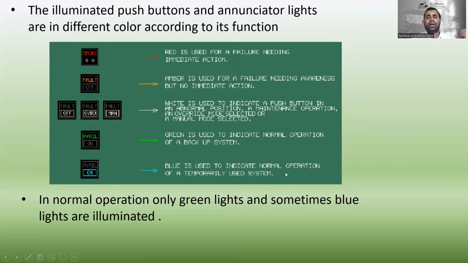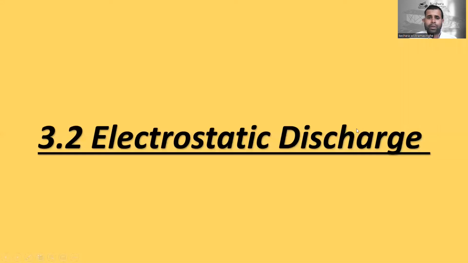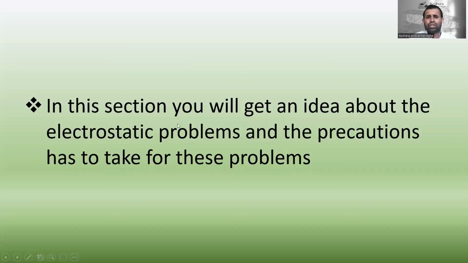Temporary use systems, it means blue is used to indicate normal operation of a temporary use system, right? All right, so now let's go to the 3.2 electrostatic discharge, right? This is also very important if you work with the avionic section. In this section, you will get an idea about the electrostatic problems and the precautions that have to be taken for these